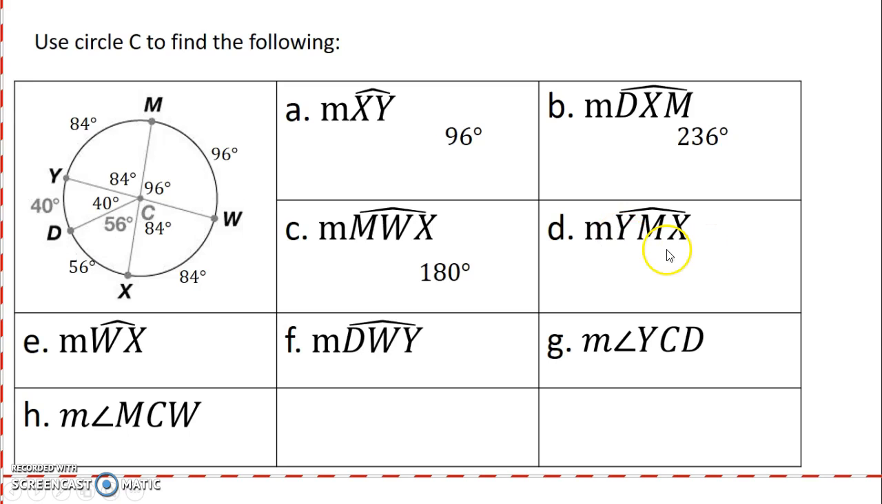Next, another major or semicircle, YMX. So Y toward M, end at X. You could add 84 plus 96 plus 84. That'll get you that arc. Or you could do it another way. You could say, hey, I've got this whole circle and I want all of it except I don't want the 40 and the 56. So you could also do 360 minus 40 and 56, or you could do 84 plus 96 plus 84. Whatever way makes